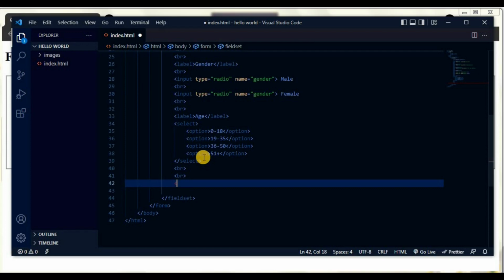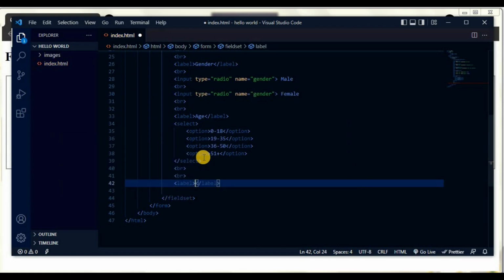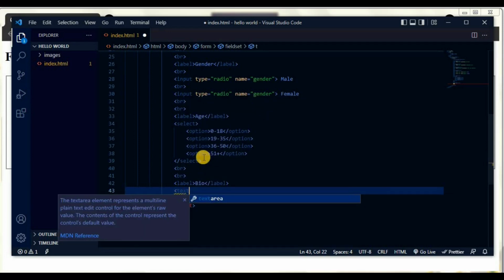So put a label as usual. Then I'll say bio. Your bio would probably be a text field where you can write so much. So what we'll put is a text. Sorry, not text. Text area,